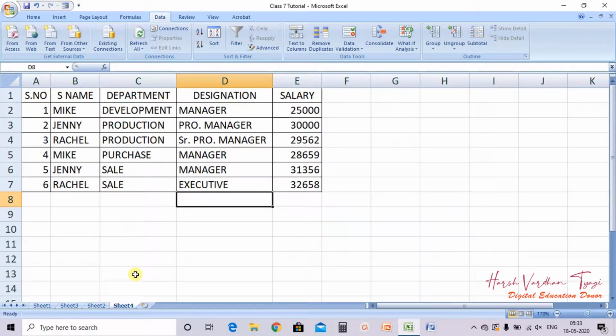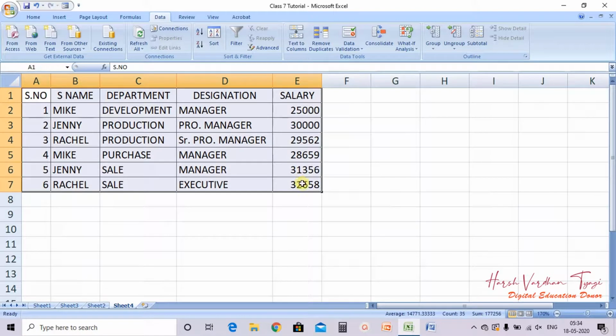See, pivot table is a tool which is used for consolidating, summarizing and presenting data. Okay, it is a powerful tool. Now see, what you have to do, you have to select this particular data, select the specified range, then choose the insert tab.